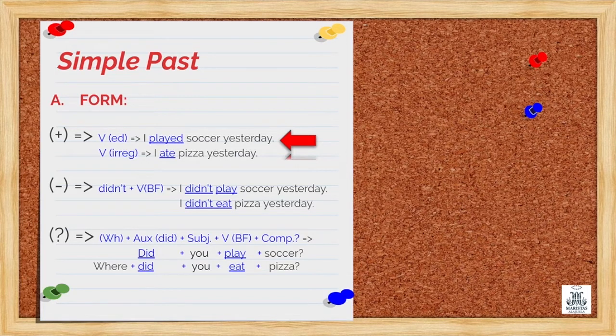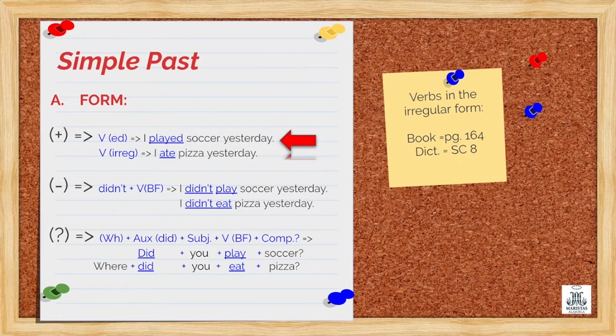Verbs in the irregular form are verbs that have a specific form in terms of spelling or pronunciation. Example, I ate pizza yesterday. Take into account that you have a list of irregular verbs in your book, page 164, and in your dictionary,